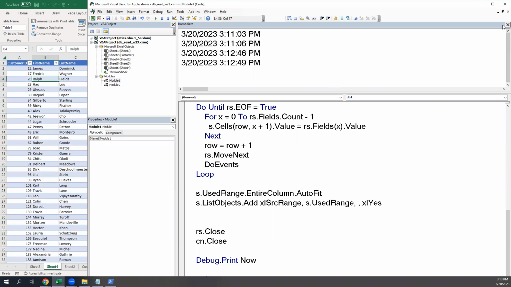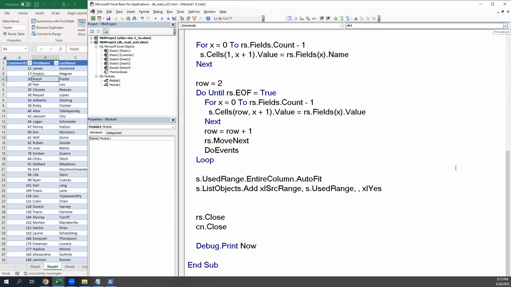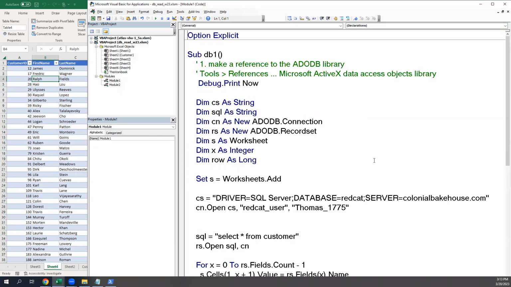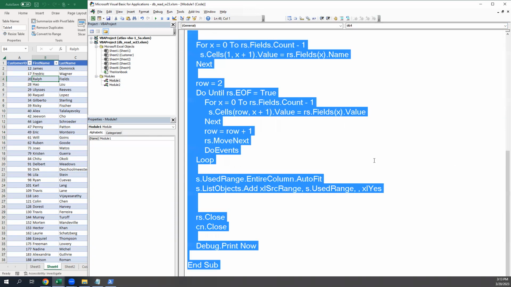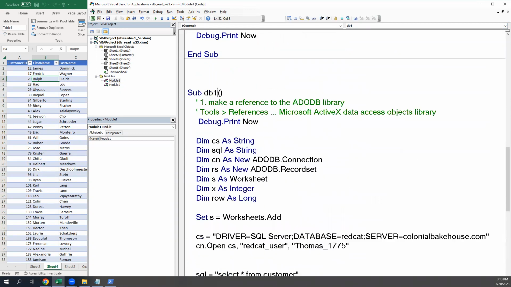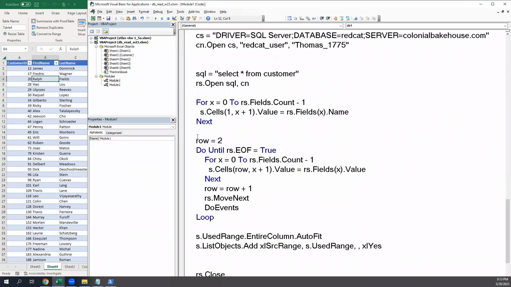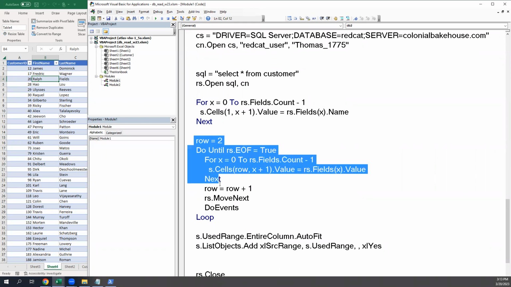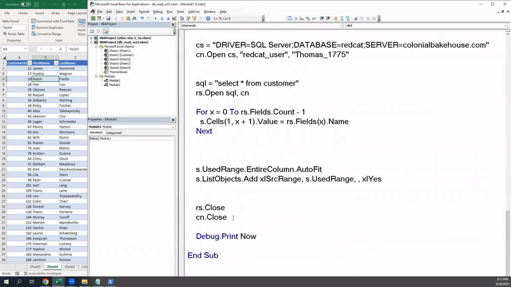All right, this next part, I'm going to do this pretty quickly so we're done in time today. So maybe just watch this one instead of trying to come along with it. I'm going to copy this. That's a pretty good example. I'm going to copy that, and I'm going to make this one called DB2. It's exactly the same. I just want to show you a neat little property of a range. So instead of looping through this, I'm just going to tell the range to pull the data from the data set. So everything's the same, except I'm not going to go through this row by row, column by column. I'm just going to say s.Cells(1), the very first cell, dot